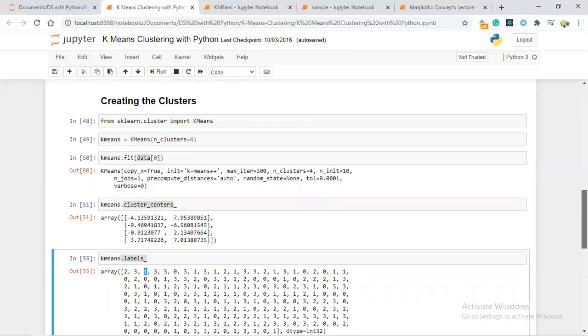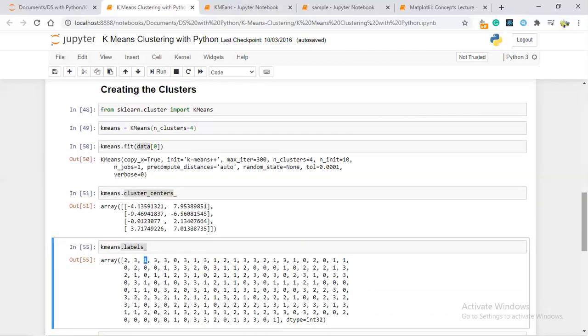So when it comes to k-means, you only need to apply this much of steps. You import the k-means, then make the cluster, then fit it and check the labels. When you check the labels, you will get which cluster the first data belongs to. Okay, like this. If you apply the same thing with the iris data set, you will understand how the k-means is actually working.